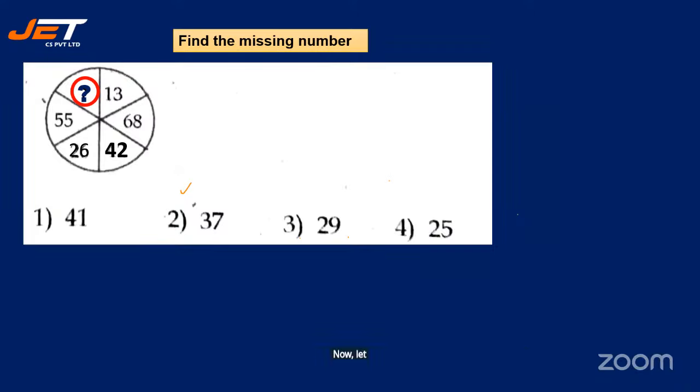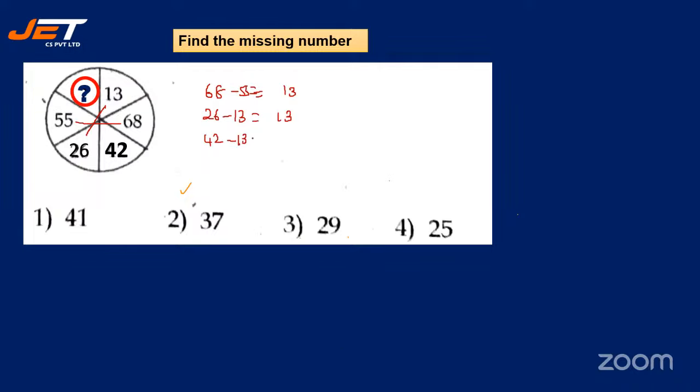Now, let's try a combination of this and this. So, what is 68 minus 55? Let's try it out. 68 minus 55 will be 8 minus 5 is 3, 6 minus 5 is 1, 13. Right? So, now let's try this combination. 26 minus 13 is also 13. Right? So, your third option, you have 42. Isn't it? So, 42